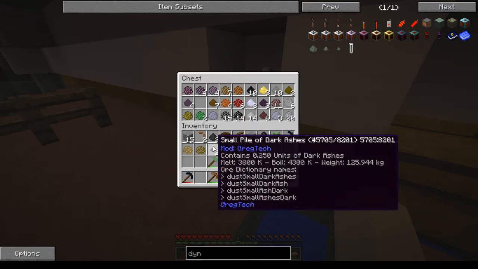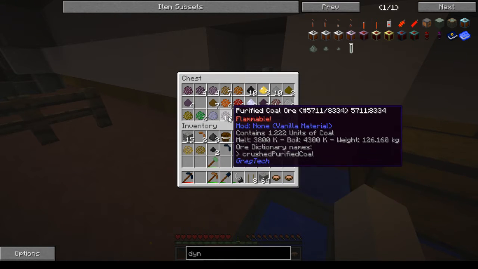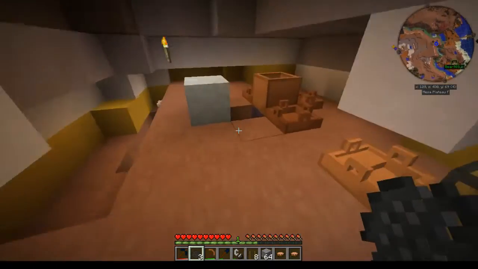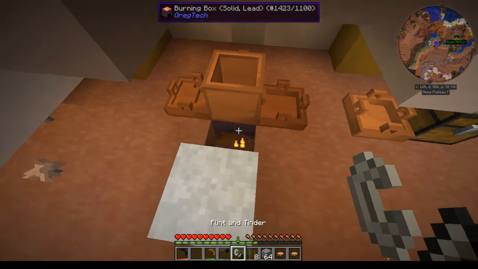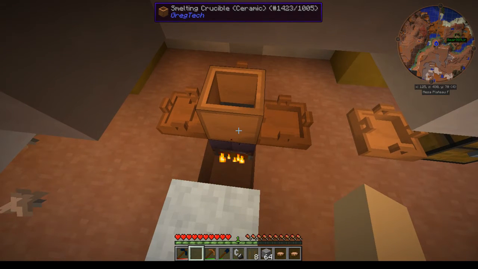Okay, so regular coal dust is giving small. But if I put purified coal ore in, it's giving me 2 tiny piles of dark ash. And I thought all this time, now granted I don't do purified coal very often, but